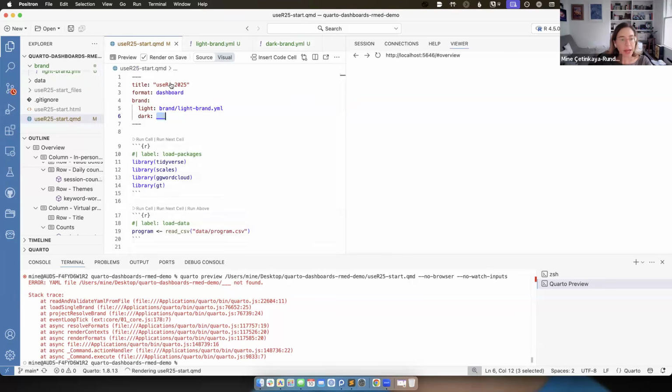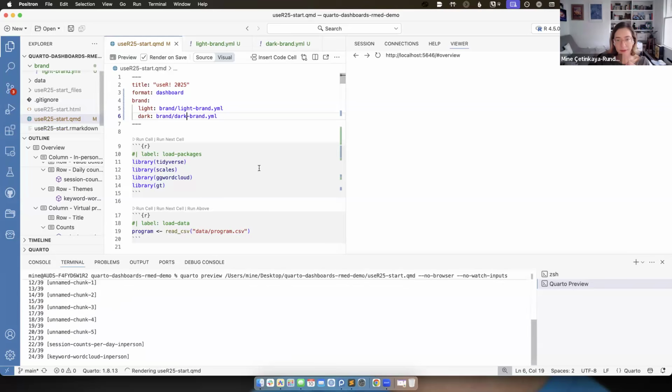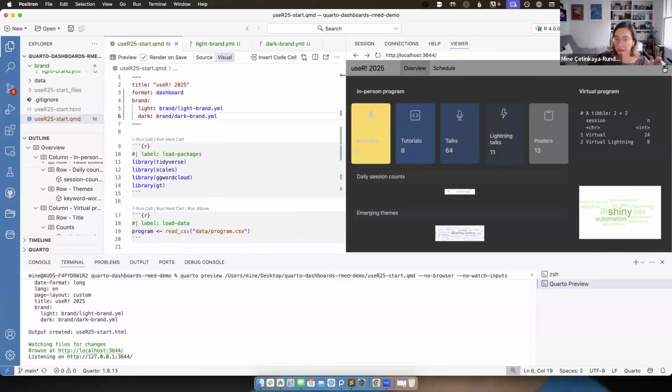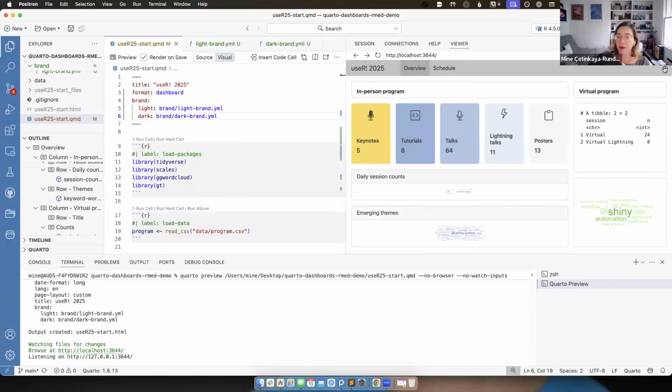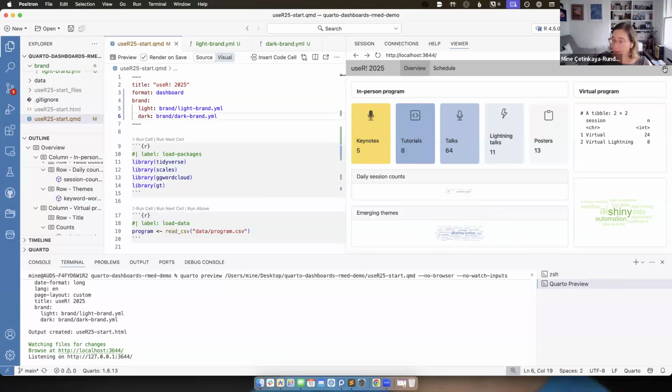Okay. Let's see if now we can render this again. See if we have gained that dark light toggle, and we have, in fact. And we can see that the color on the navigation bar is changing. The color of the background is changing. The cards themselves are getting